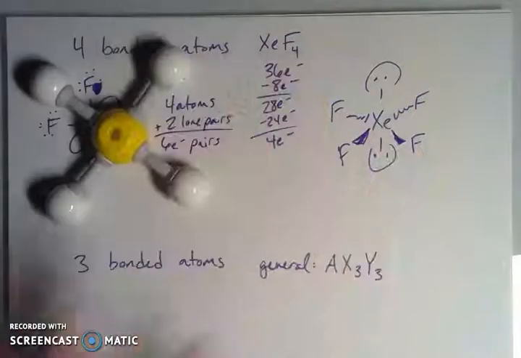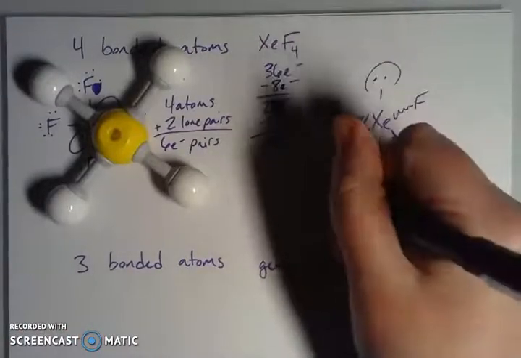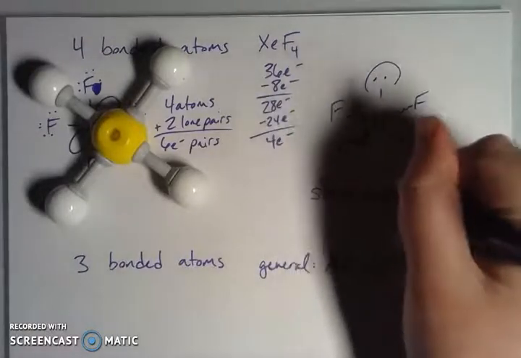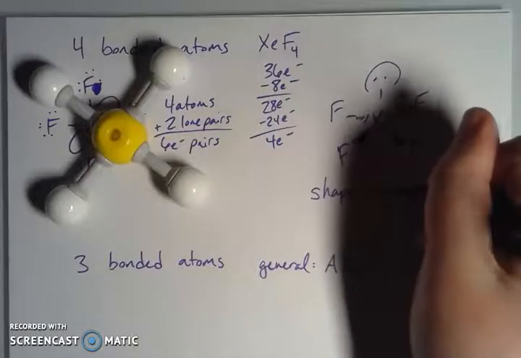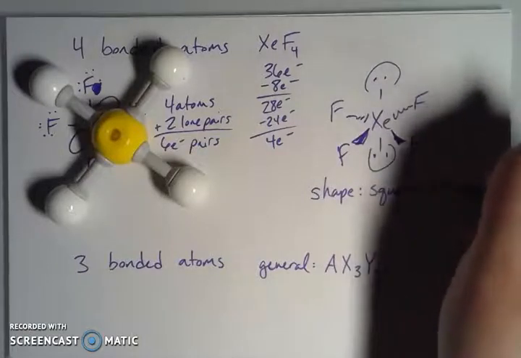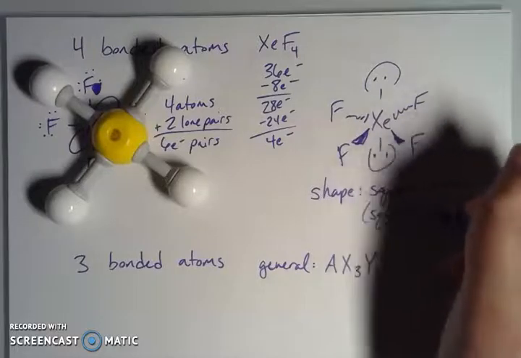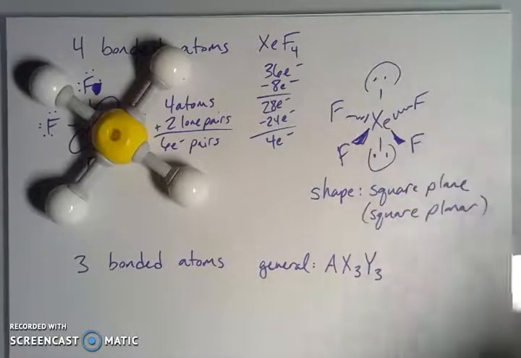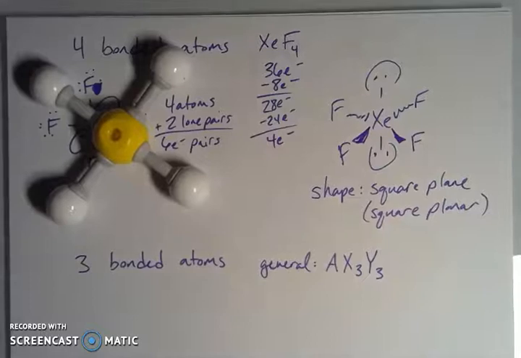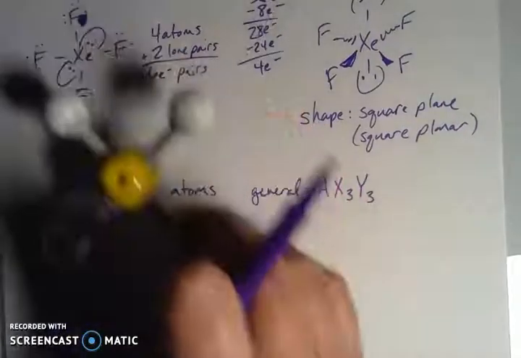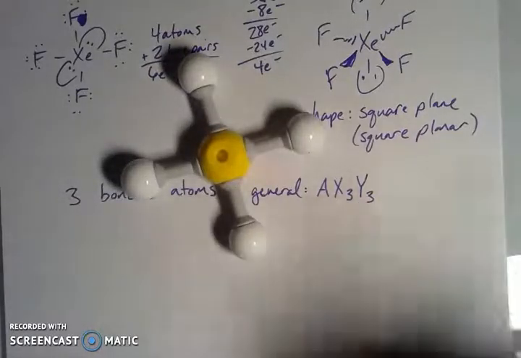So now I have atoms that are all in the same plane, and they're in a square shape, so it is aptly named a square plane. Or we'd say that it has square planar geometry. Either one. Now the last two options are much more rare, and so I'm just going to talk about them